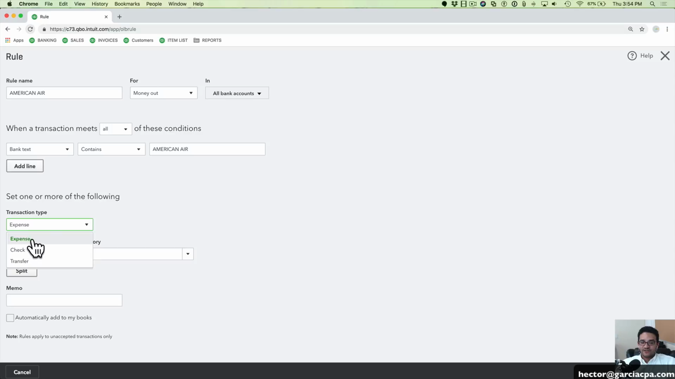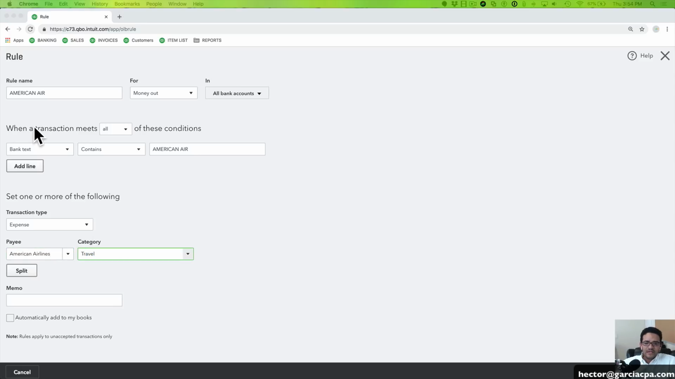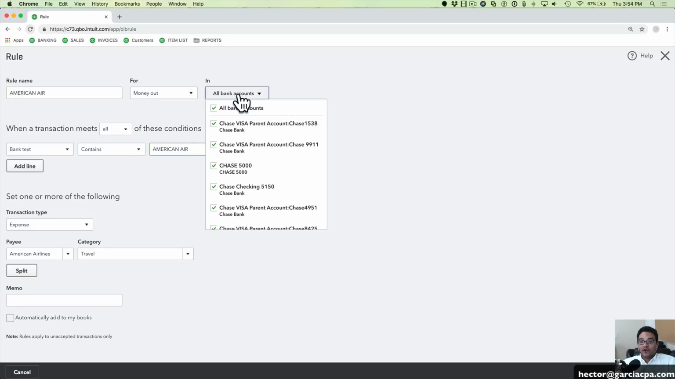And then transaction type, I'm going to put it as an expense. On the payee, I'm going to put American Airlines. If it's not already on my vendor list, I'll create it. Click on save, and then the category would be travel. So essentially what I'm doing is I'm telling QuickBooks proactively, if you see American Air anywhere across all my credit